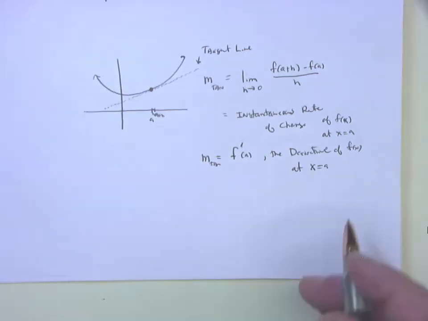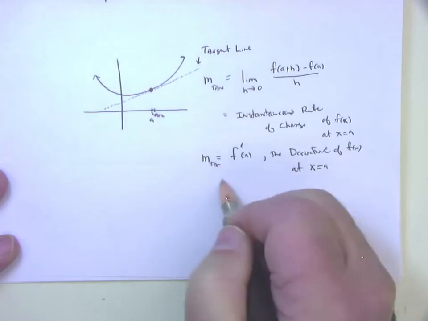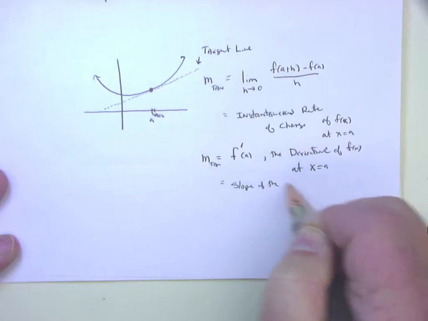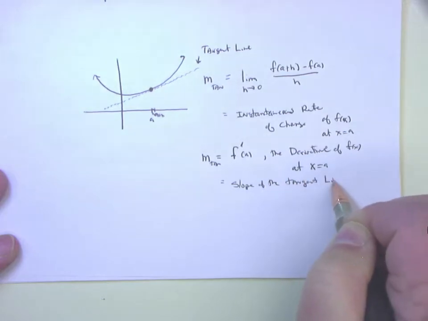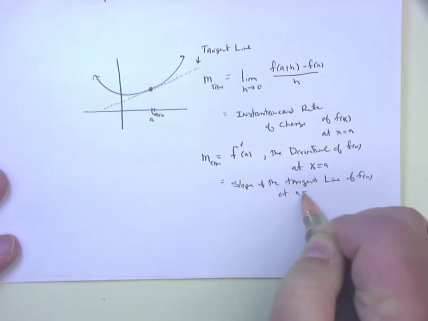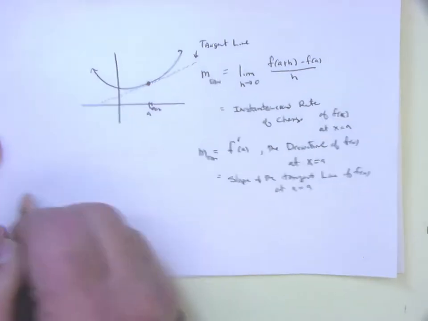And this guy, remember, it's going to be a slope. This is the slope of the tangent line. So all these things mean the same thing. The tangent line of f of x at x equals a. It's going to be a numerical value. Instantaneous rate of change. Slope of the tangent line of f of x at x equals a. And then, the last thing we have here is,